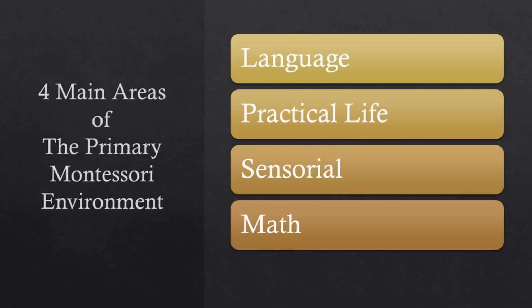Before we get started on language and practical life, I just want to make sure that everybody knows that there are 4 main areas of the primary Montessori environment: language, practical life, sensorial, and math. Now, if you are AMS trained, you might say that there is also an area for geography. In the AMI training, we put geography into other areas. Geography for AMI goes into sensorial because we're not teaching geography directly, but giving the sensorial impression of geography. Or if we're learning something about a continent, it might end up in the language area. So instead of a separate area for geography, it gets divided up into different areas.